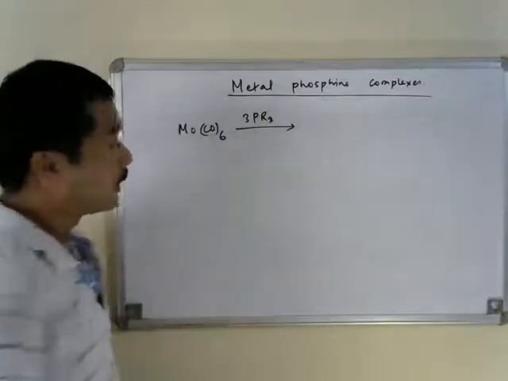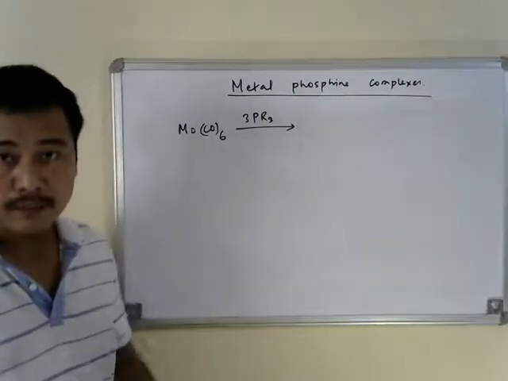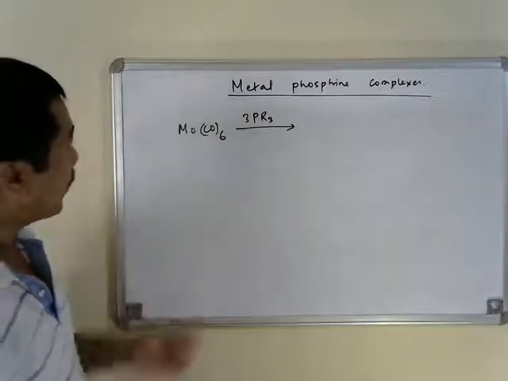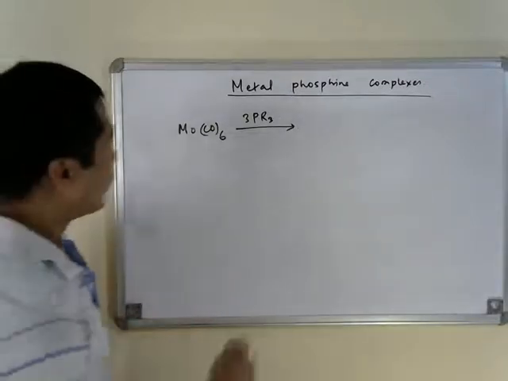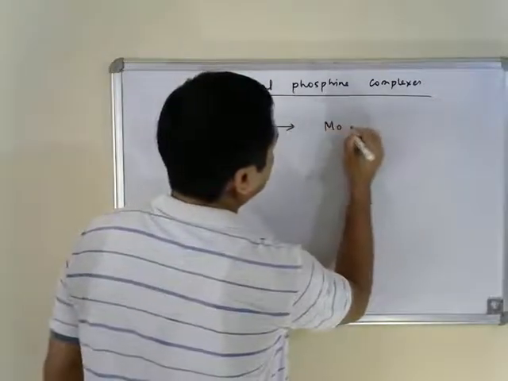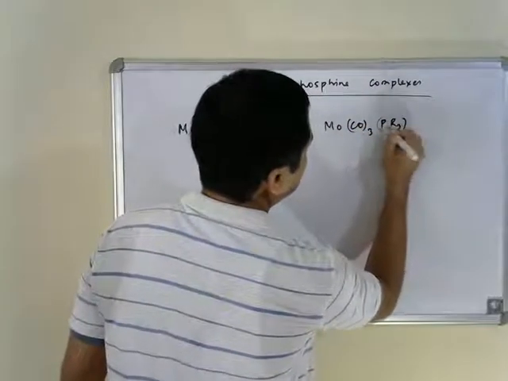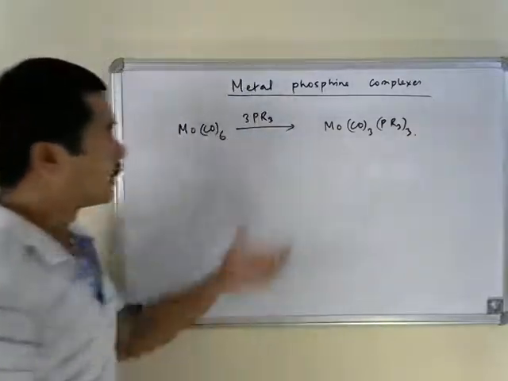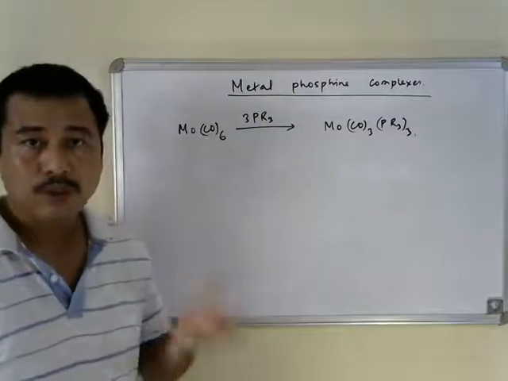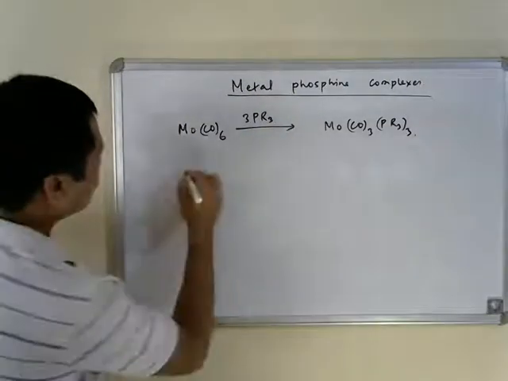For those phosphine ligands like PH3 or PMe3, we can replace 3 of the carbonyl ligands and prepare Mo(CO)3(PR3)3. So that is not a problem,